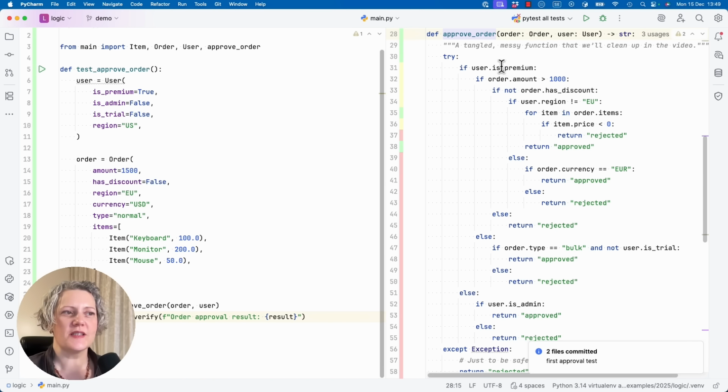Next is the really clever part though. In order to get more coverage here, I'm going to want to vary some things. For example, at the moment, the user is a premium user, so we go into this branch of the code and we, of course, miss this branch. And it's the same for quite a lot of different variables here.